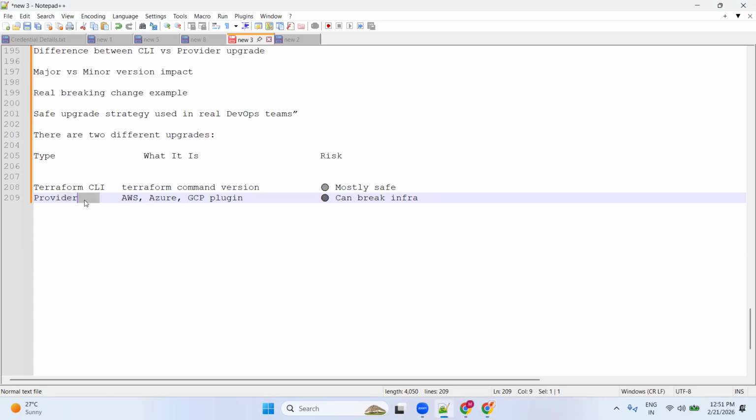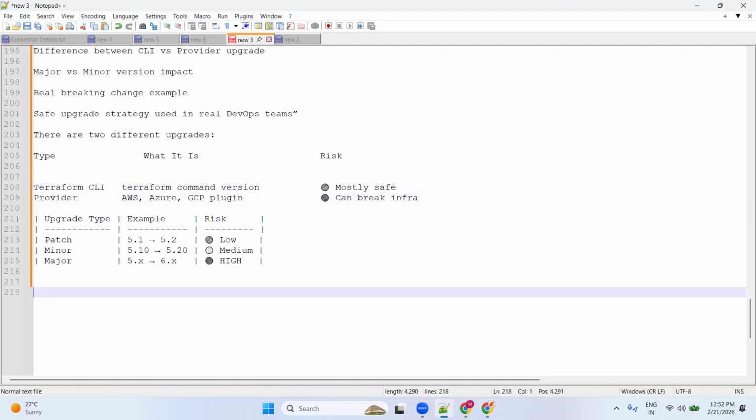providers, so not from the Terraform CLI. Now let me talk about the minor versus major versions. Okay, so let me show it here. So here,